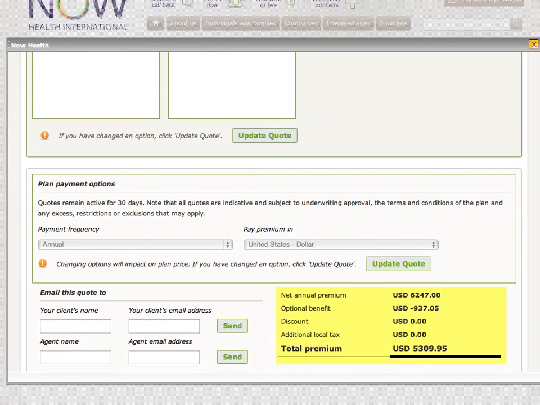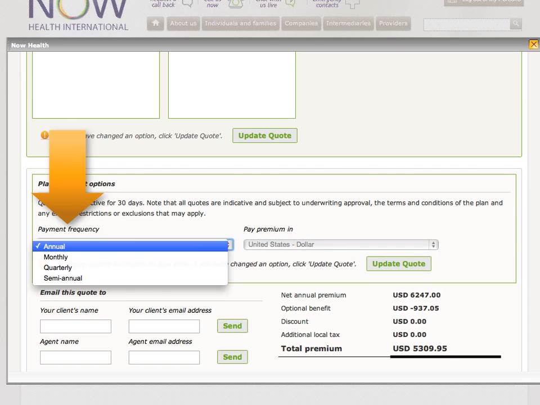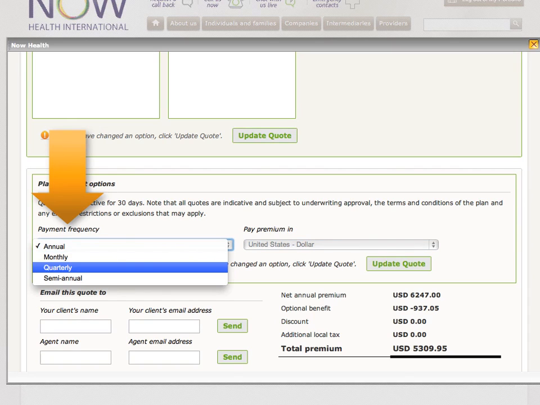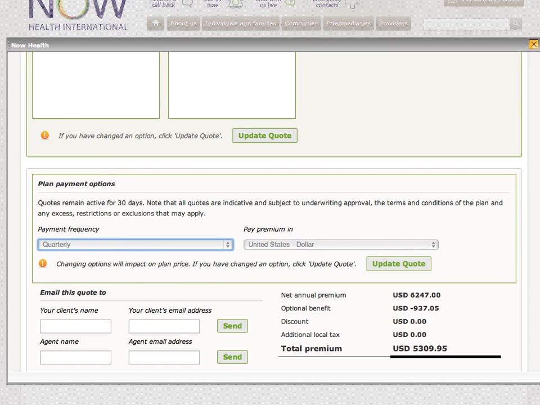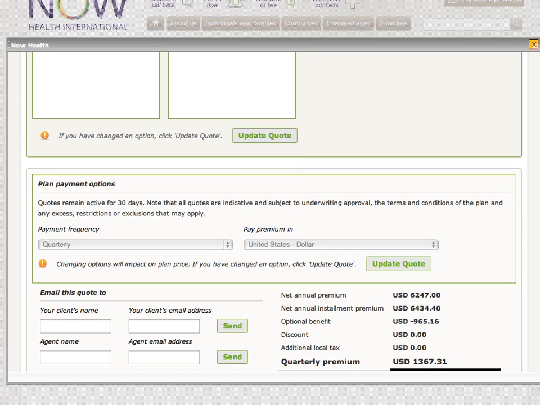has been updated again. Once you're happy with the premium, select the payment frequency to either annual, monthly, quarterly, or semi-annual, and if the option's available, what currency they'd like to use to pay for their plan. Again, changes here will alter the premium. At this stage, you have the option to email this quote to either the client, or you, or both of